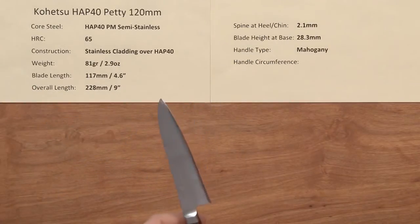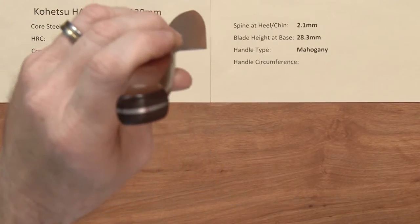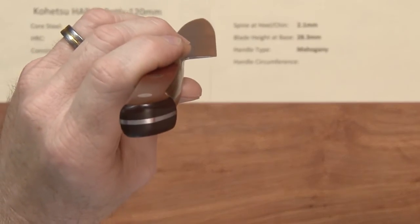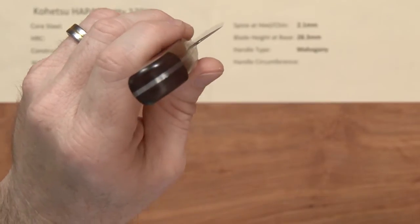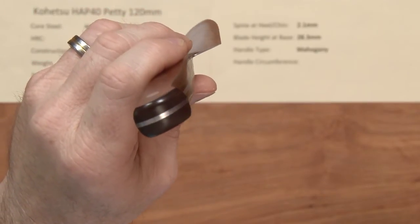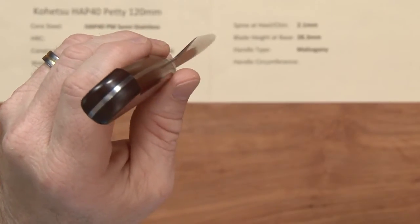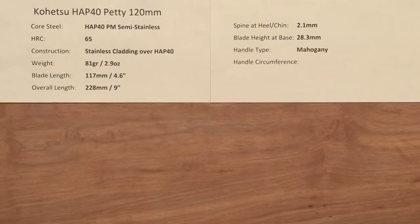The profile, let's take a look at it. It's a short blade, but it's got kind of a mini Gyuto profile with a fairly flat heel section and a little bit of belly towards the tip. It's pretty thin at the edge. This blade performs very, very well. It goes through ingredients quite well. It's a nicely ground blade,